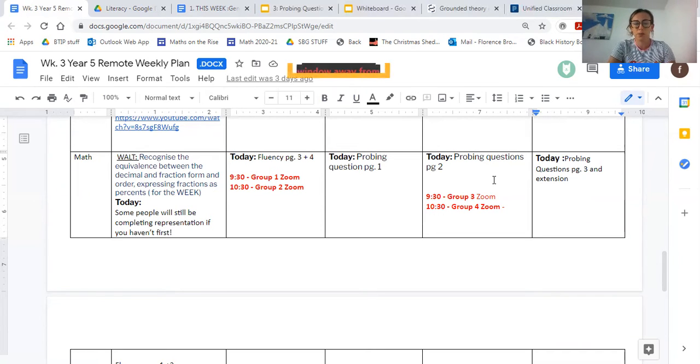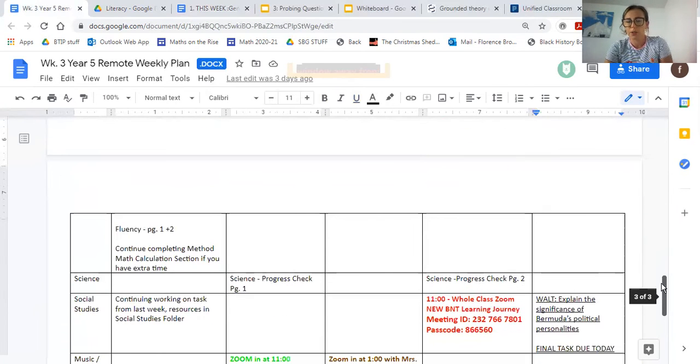I've seen quite a lot of people's first pages of probing questions and maybe some of the second. But if you haven't posted any of those, please let me have a look, because that's how I'm starting to tell whether you're level 3 or not, moving on from that fluency, which is just level 2. If you're able to explain yourself, then I can say that you definitely are understanding this lesson. So I'll upload that for you.